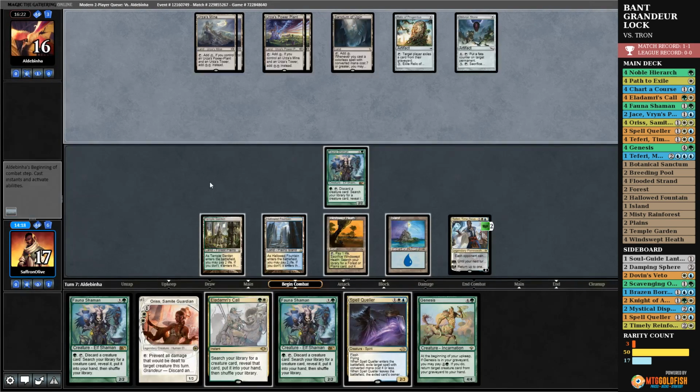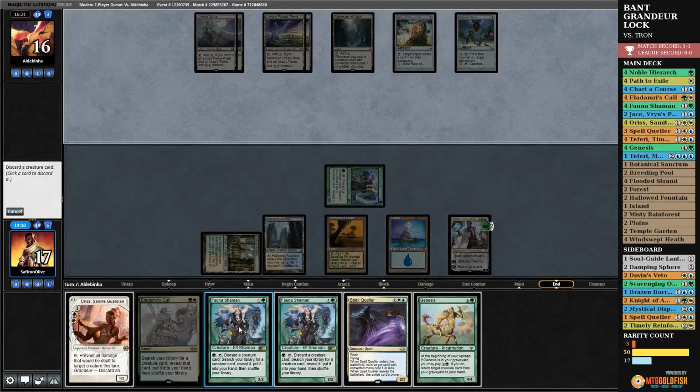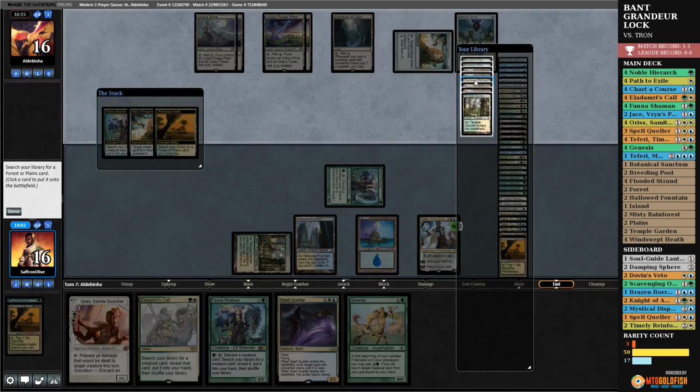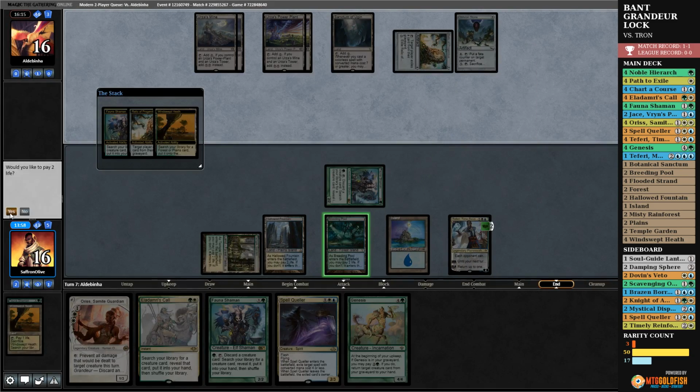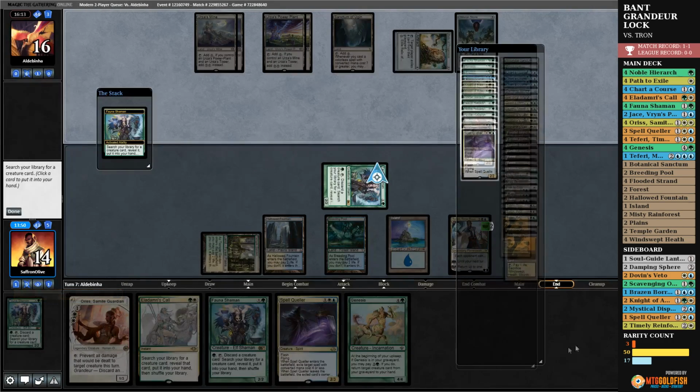Opponent passing. Well, we will Fauna Shaman. Discard a Fauna Shaman. Crack Windswept Heath. Take a Breeding Pool. Untapped. Fauna Shaman gets us a...